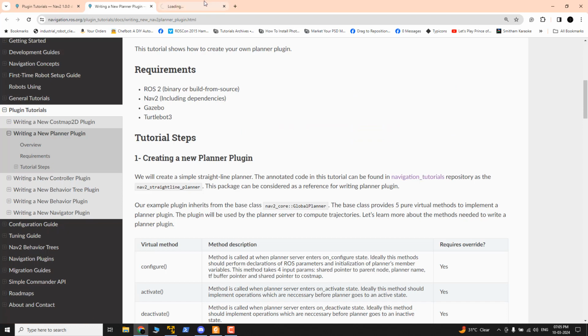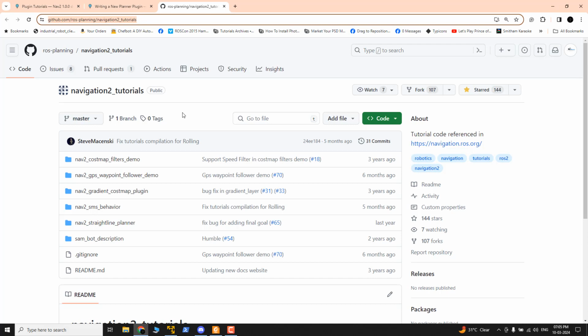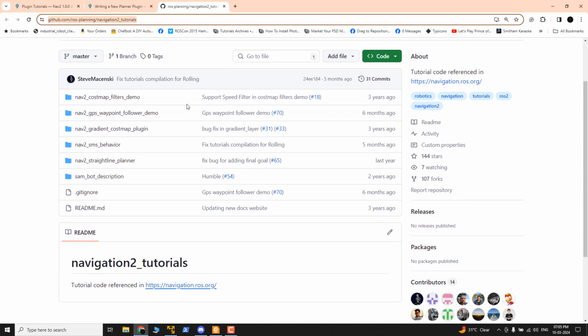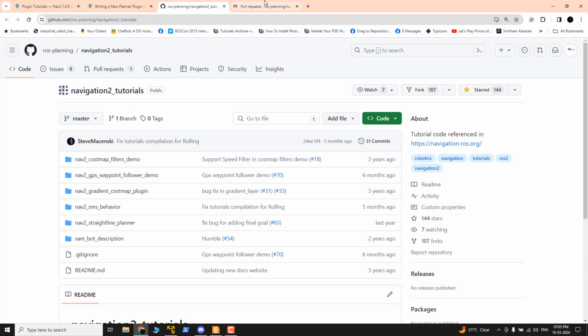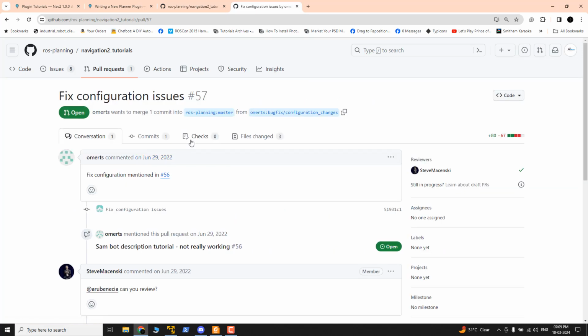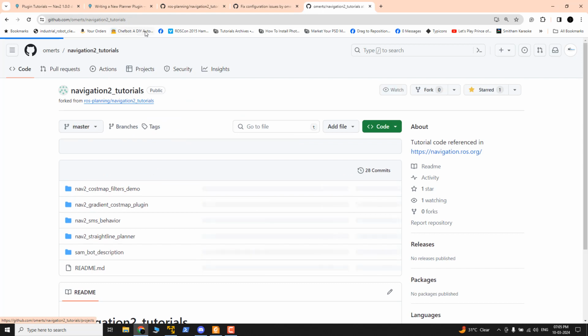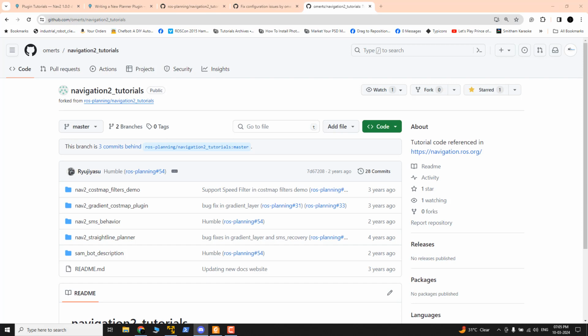Fortunately, we have a good tutorial repository, which is navigation 2 tutorial. But when I built this repository, I found some build issues in ROS 2 Humble. So I found a pull request on this repository where this guy actually fixed that, and I am using this repository